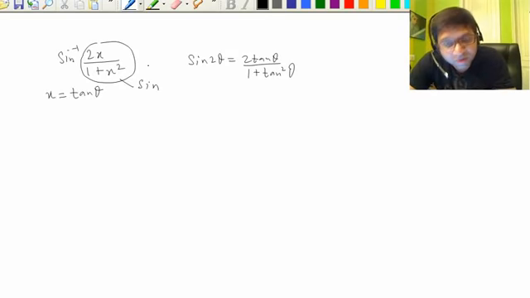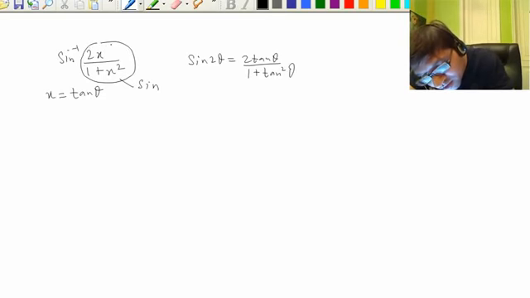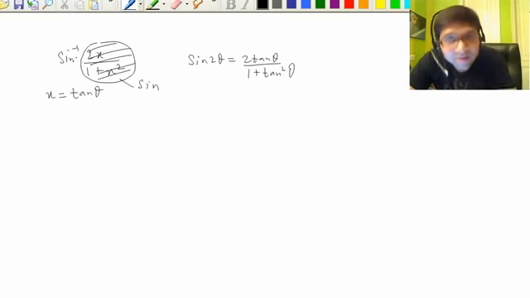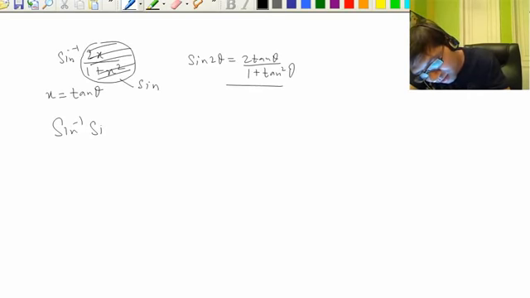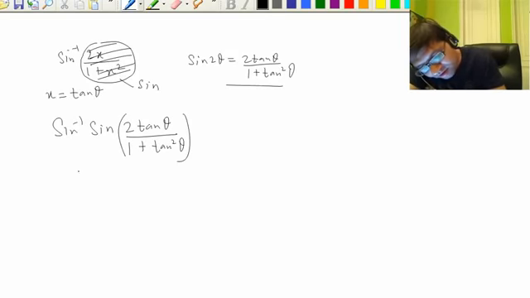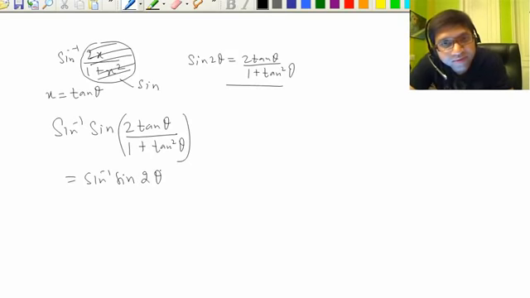This is a very typical thinking in many questions, that what we should replace x by so that it becomes a sine expression. What should I replace in place of x? How should I take x so that when I replace, this becomes an expression of sine, so that I can cancel sine inverse with sine. So we replace x equal to tan theta, and because we have this formula, sine inverse sine 2 tan theta over 1 plus tan square theta. So it is sine inverse sine 2 theta. We can cancel the 2. Go ahead.